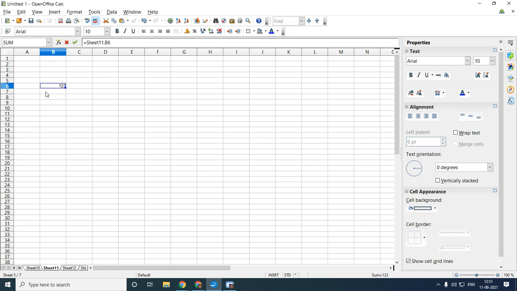As you can see here, it is present in column B and the 6th row, that is the B6 cell reference. So you have to write equal to sheet 11 dot B6, because it is present in the B6 cell reference. This is with the help of your keyboard: you are typing the formula and giving the cell reference with the keyboard, and whenever you select with the equal to sign, that is with the help of your mouse. Understood this one?